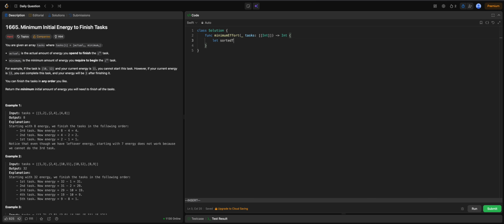Let's consider a sorted tasks array. Let's sort by how much energy we actually need, instead of by minimum and actual, so that would make it easier to calculate. Let's consider the first iteration of minimum minus actual of index 0 compared to index 1. Okay, I think I need the one